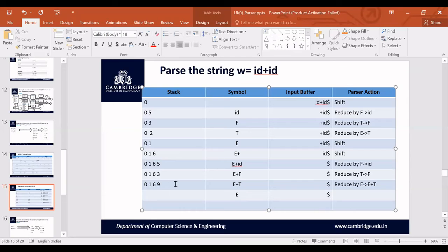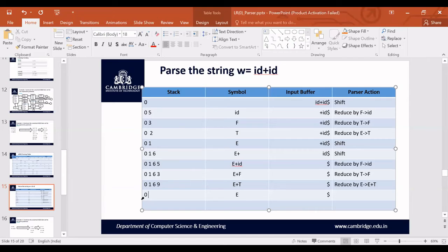So how many states are you supposed to pop out of the stack? From the stack top, the first 3 states have to be popped out. 9 is on the stack top, that will be popped out. Then 6 will be on the stack top, that also will be popped out. And next 1 will become the stack top, then 1 also will be popped out. So 9, 6 and 1 are all popped out and you are left with only 0 on the stack top.